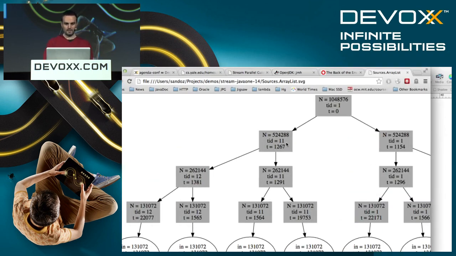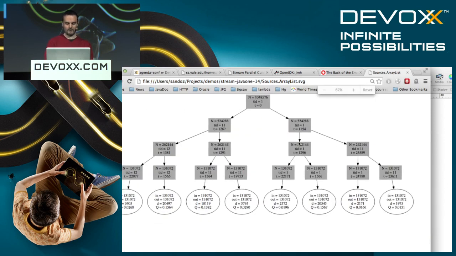So here we go in my browser. Let's try and scale that down a bit first of all. If you see, this is a computation tree coming out. I'm listening in to how it's splitting up. At the top here, we're talking about an array list. So we know its size at the top. We also know its size when we split. So these dark gray boxes are saying, I know my size.